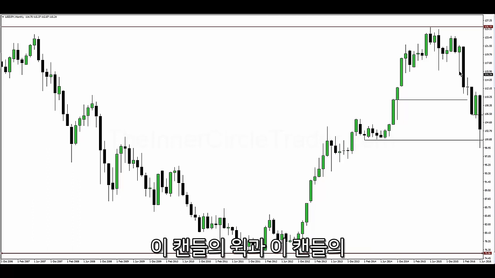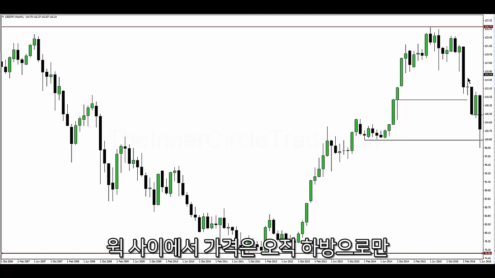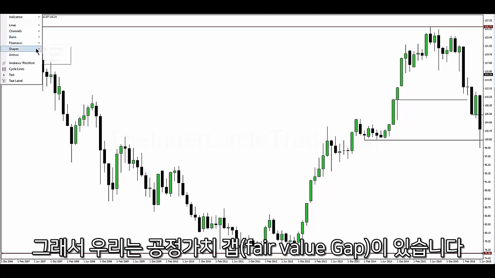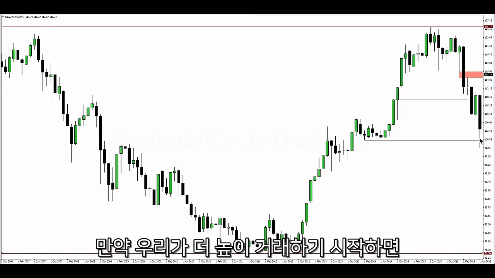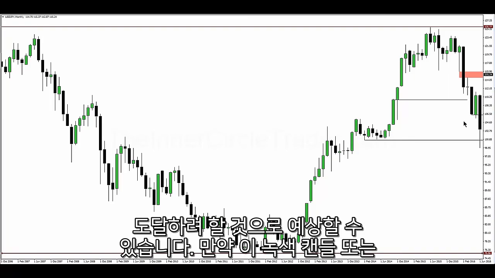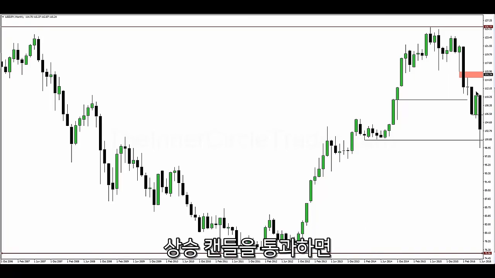See this candle, its wick, and this candle's wick. In between there, price was only delivered on the downside. So we have a fair value gap. If we start to trade higher, we can expect to see the market want to reach up into that 106.50 level. If it trades through this green candle or up candle, it's going to want to reach up into